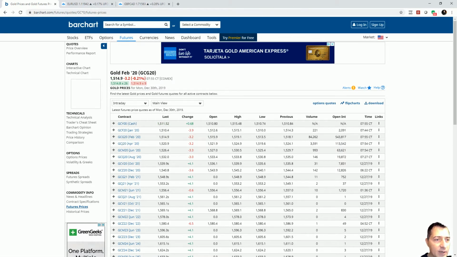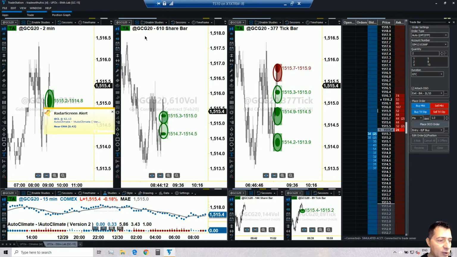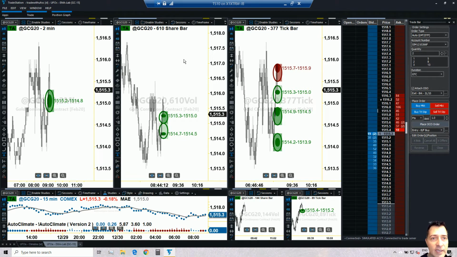That way, when I go back to my TradeStation, I want to make sure I'm using the G, which I am. But remember, in many of those markets, we got expiration days that happen sometimes as often as 1 month. And therefore, it's easy, if you don't pay attention, to be trading the wrong symbol. Okay, so we want to make sure that is not the case. Okay, so what do we have?